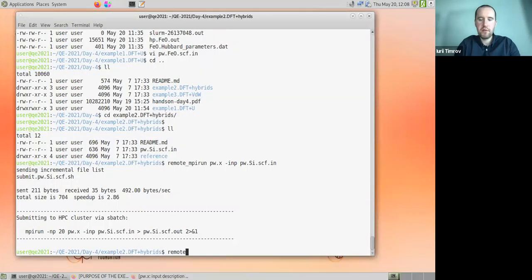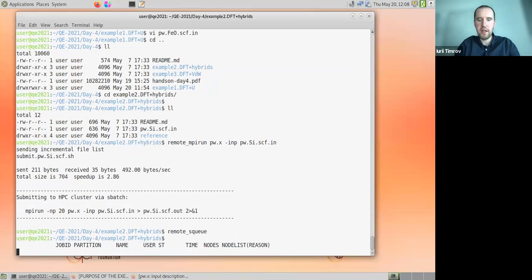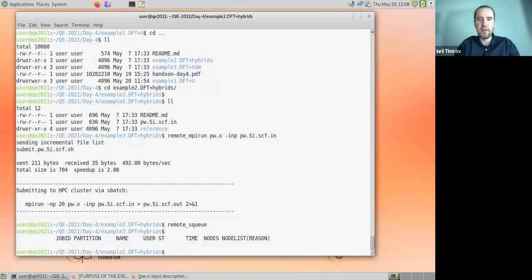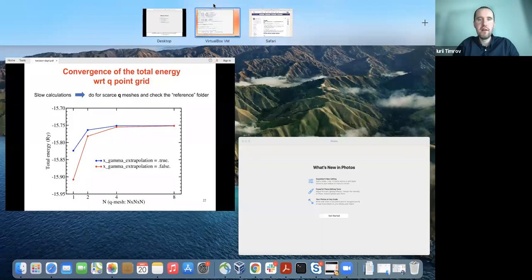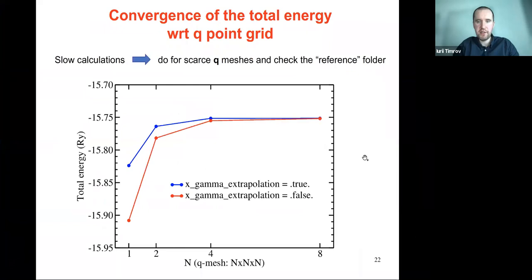Okay, the remote run is finished. That was the gamma point. So we need to do calculations for different q-point meshes. We don't have time to do that, that's why we just see this result. And in fact, we see that